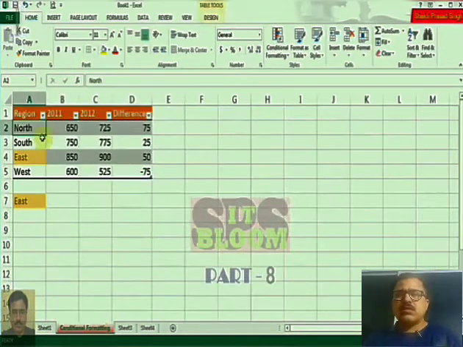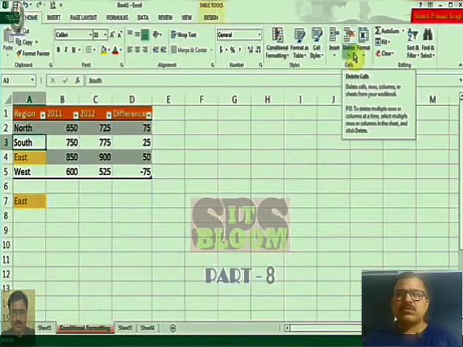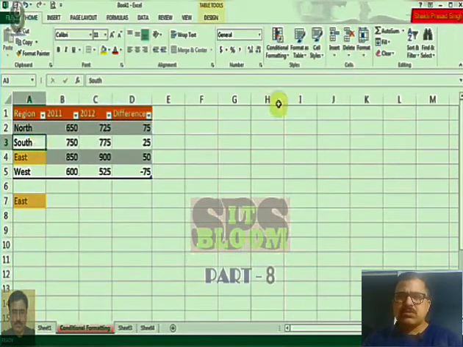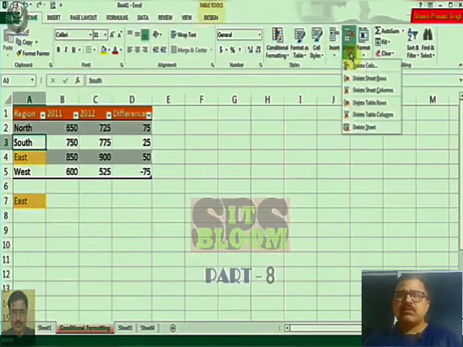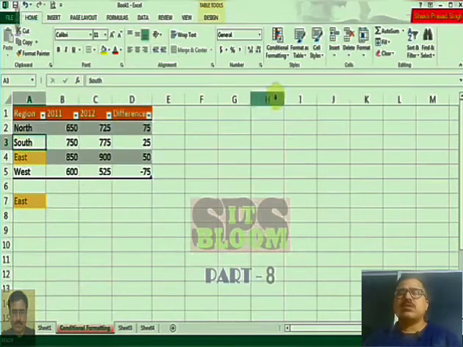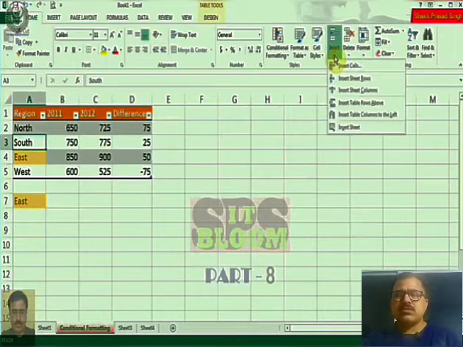Conditional formatting. So up here I want to talk about this Insert Delete button. Say you made some mistakes and you wanted to add some rows, or you wanted to add a cell. You can do that using the Insert Rows button. So I can add rows, I can add columns, I can even delete rows or delete columns, or I can even delete cells. Just to show you this example, I'll click here on South and I can insert a